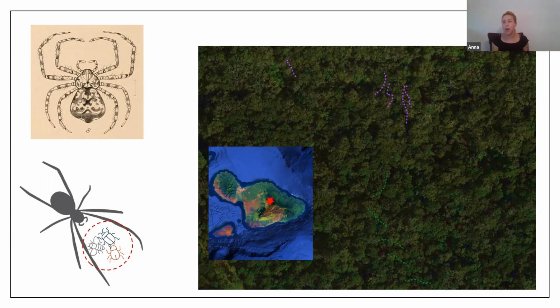So again, we did this by taking the abdomen of the spider, extracting the DNA, and amplifying your barcode region, and then bioinformatically, you can say, let's just look at the insects in that DNA, and then you get an idea of what those spiders are eating. And we did this by collecting spiders along transects. So the purple lines are in ginger sites and the green lines are in native forests. We collected those spiders and performed this gut barcoding.